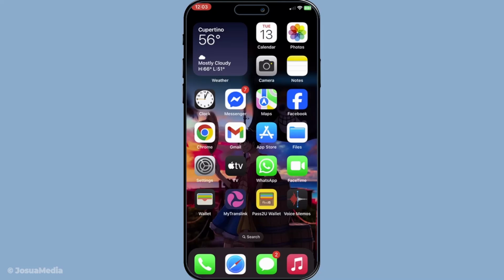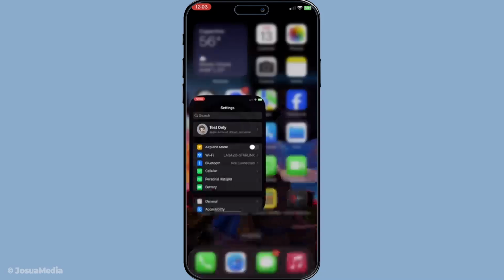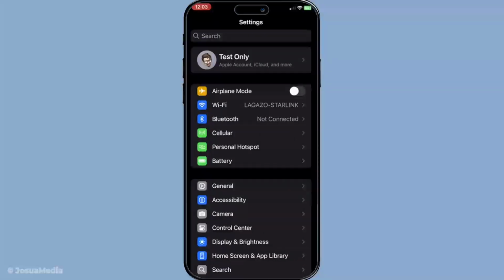First, you're going to want to begin with your phone's settings. So locate and tap on the settings icon on your iPhone's home screen. This is where you control most of the smartphone's features, so it's the perfect starting point for adjusting anything related